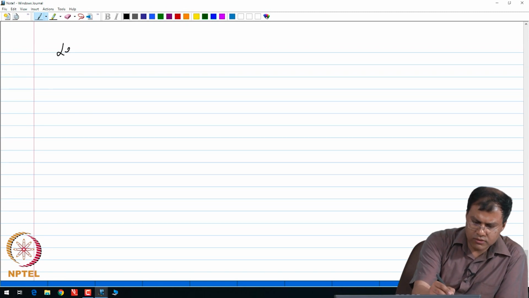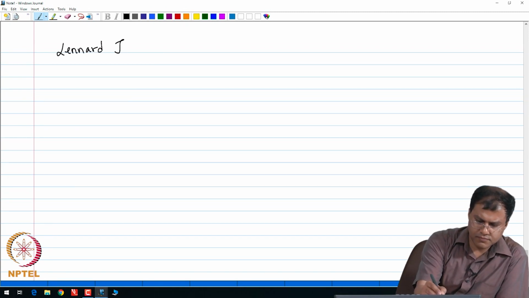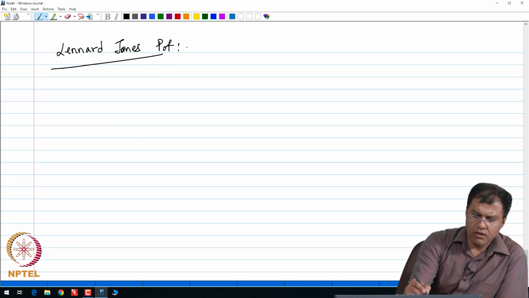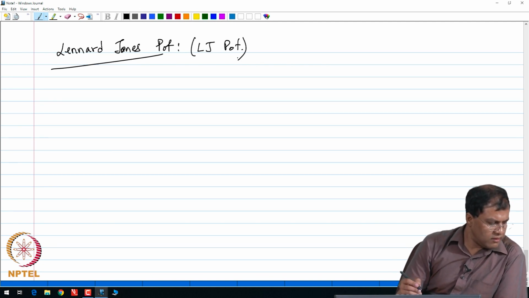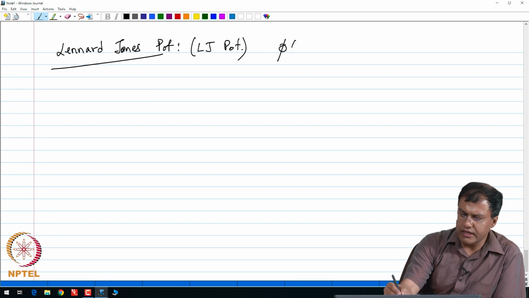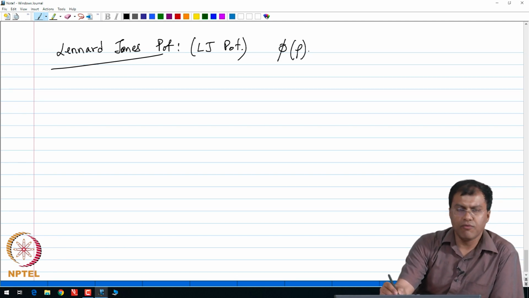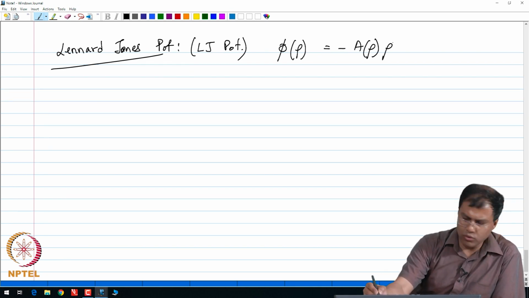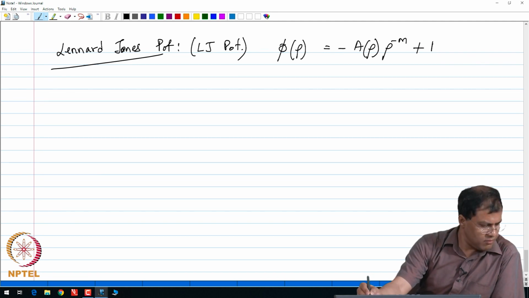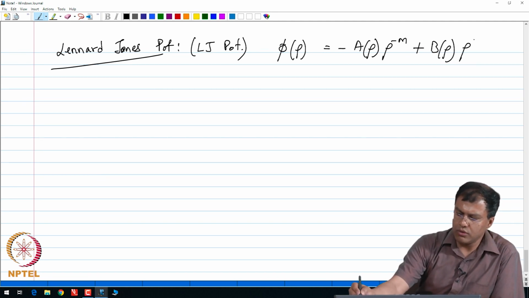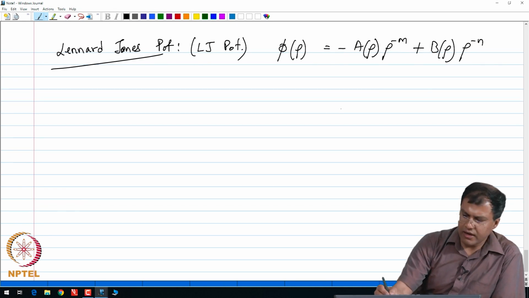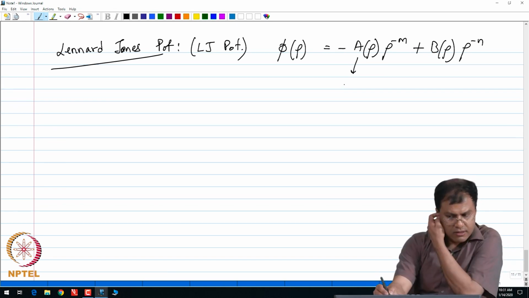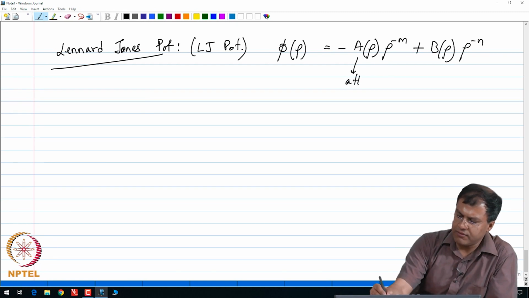So, my Lennard-Jones potential, also known as the LJ potential, this is how we will term it, is defined as the interaction energy or the potential function phi of rho to be minus A of rho times rho to the power minus m plus B of rho times rho to the power minus n, okay, where my A represents the attractive